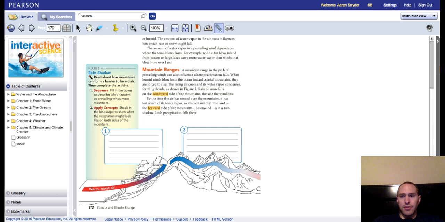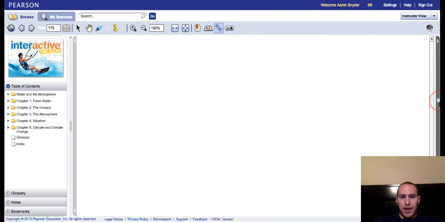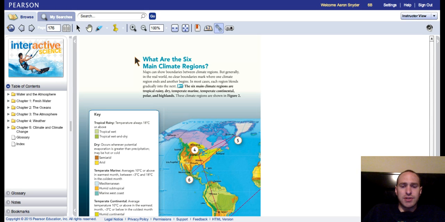moisture. I think for today, that's all I want you to know about those. Monsoons are here and cool, but I think we're going to skip that for right now. Next thing we're going to do is go to page 176 in our books. We're going to talk about the 6 main climate regions and do a presentation or a